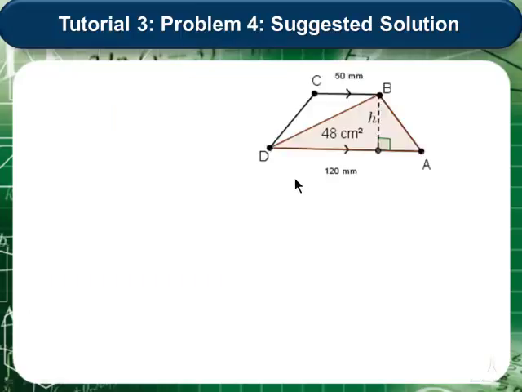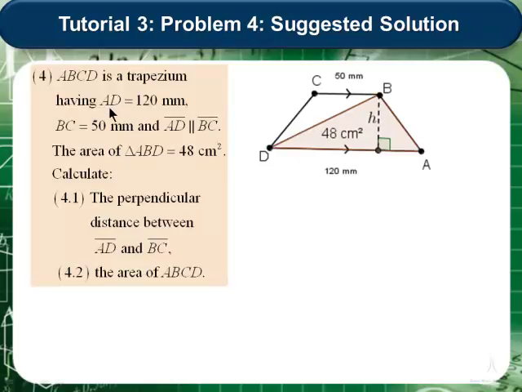We now look at a suggested solution to problem 4 of tutorial 3. Here we have a trapezium, and it's given that AD is 12 centimeters, BC is 5 centimeters, and that AD is parallel to CB. They also tell us that the area of triangle ABD is 48 square centimeters. So firstly we need to find the perpendicular distance between the two parallel sides, and finally the area of the